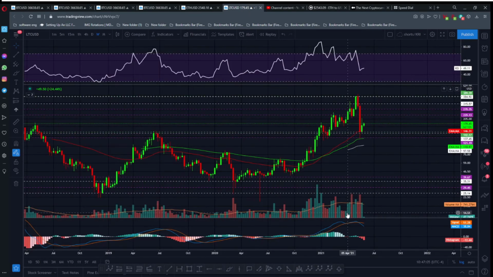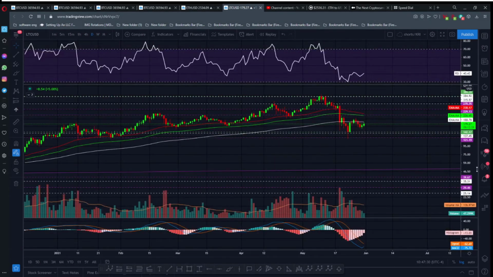The MACD on a weekly time frame is clearly bearish. We've been doing this divergence for a while, and since it was a bull market, we didn't really pay attention to that stuff. Just make sure that if you are in an LTC long position, probably reduce your position. But this is what we are seeing right now. So for me, on that daily time frame right there,